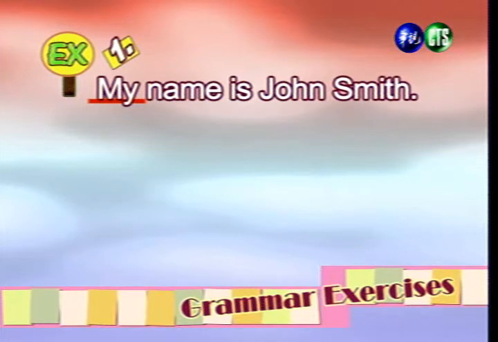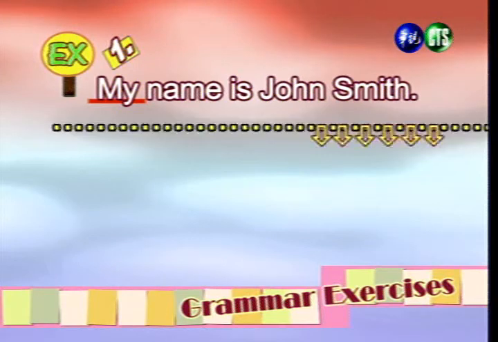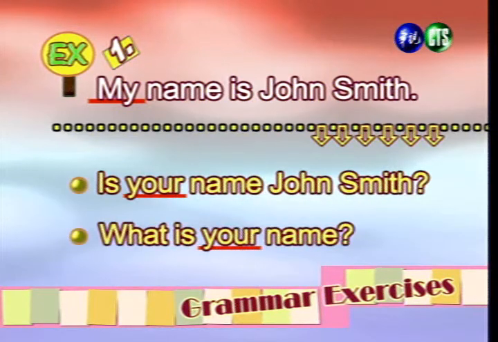All right, we have, my name is John Smith. 好，下面这个例句，我的名字是 John Smith。And we can have these questions. Is your name John Smith? And what is your name? 好，我们看到可以把它形成以下两种问句。第一个问句是是非问句，第二个问句的形式是 WH 问句。